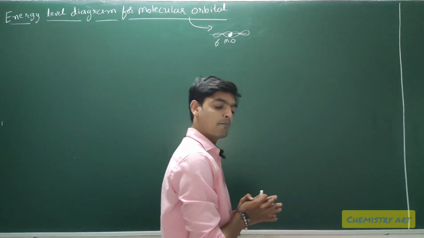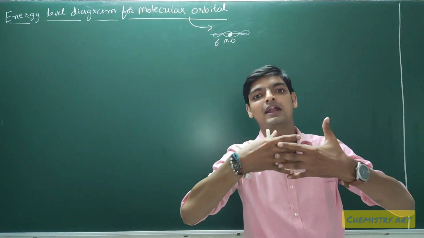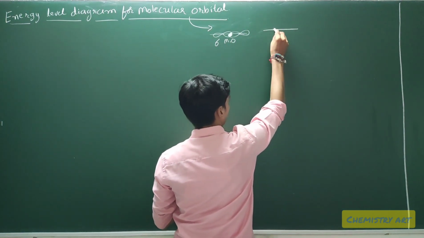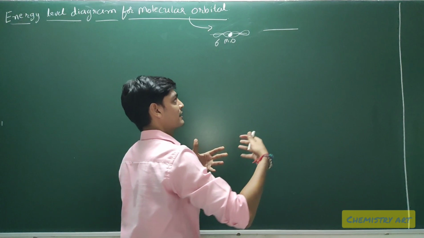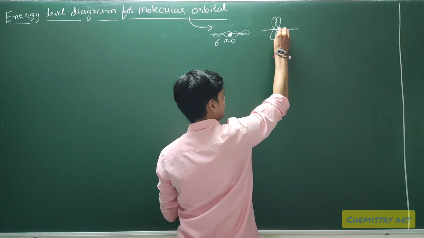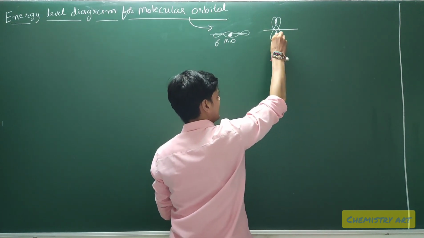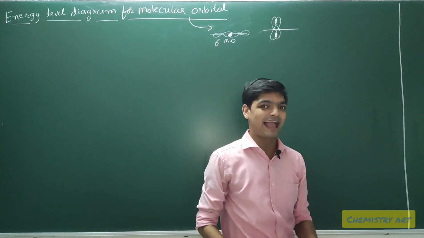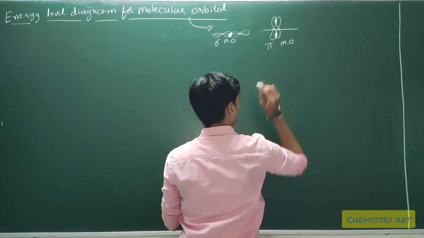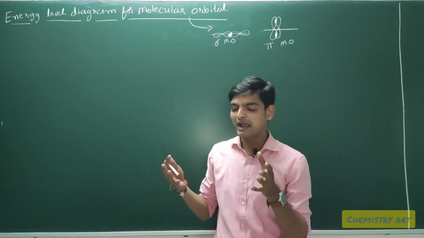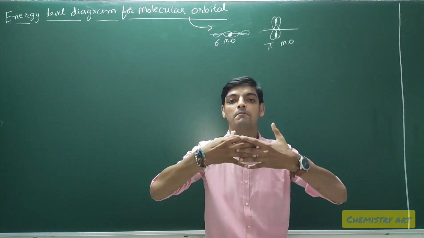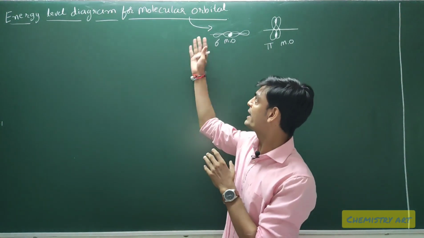They form a sigma molecular orbital when they combine end to end on the axis, and the other type is when the orbitals are not combining on the same axis, but overlapping sidewise. Here you can see that these two orbitals are combining sidewise, and here it forms a pi molecular orbital. So generally two types of overlapping can take place when two atomic orbitals combine, and like this they form the molecular orbital.